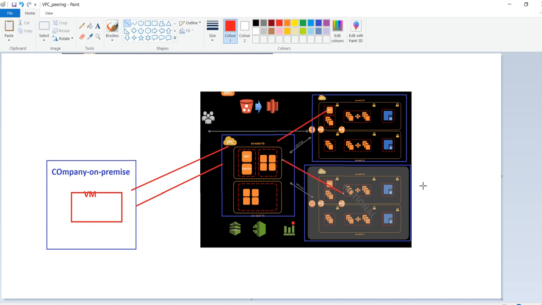But assume there is no direct connectivity from your on-premise to the production servers. To update patches, host or deploy any application, or log into any server, you need to use this management VPC as a jump box.